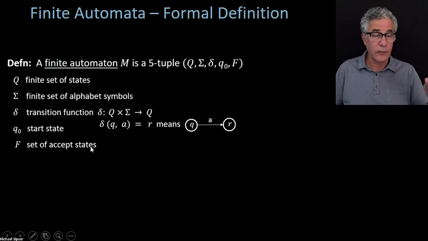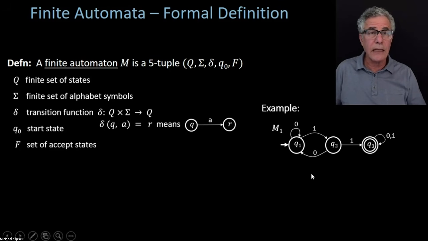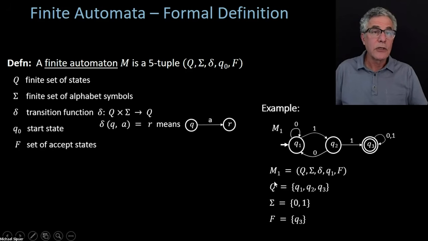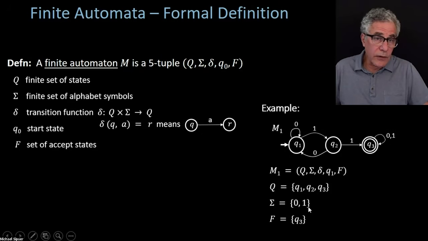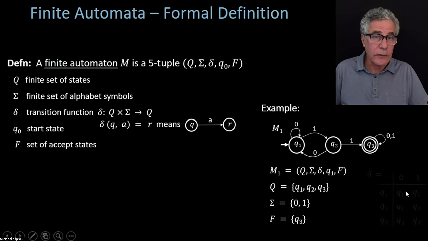That's all legal when we have a finite automaton. And so in terms of using notation, going back to the machine that we just had from the previous slide, which I've given you here again, let me show you how I would describe this using this notation that comes out of the definition. So here is M1, again, it's this 5-tuple, where Q now is the set {q1, q2, q3}, that's the set of states. The input alphabet is {0, 1}. It might vary in other automata. And F is the set {q3}, which has only the element q3, because this has just one accept state q3. Okay? So I hope that's helpful.